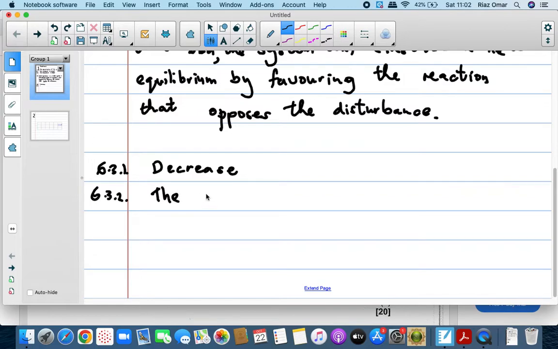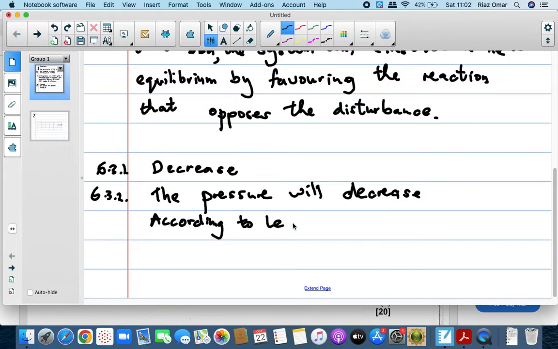The pressure will decrease, because we increase the volume, right? By increasing the volume. Then we can say, according to the Le Chatelier's principle,